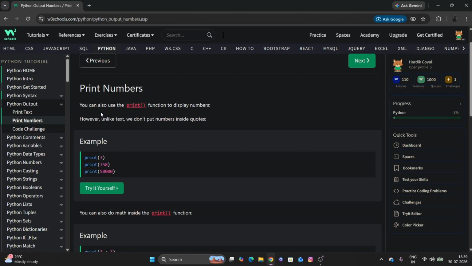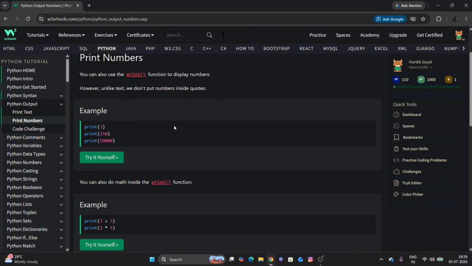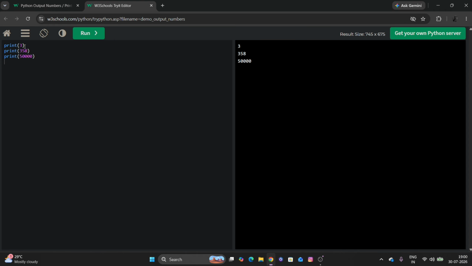Print numbers. You can also use the print function to display numbers. However, unlike text, we don't put numbers inside quotes. Let's try it ourselves. Okay, now if I want to print 69, then 67, and then 67, sorry, and I want to print thala for a reason. See,